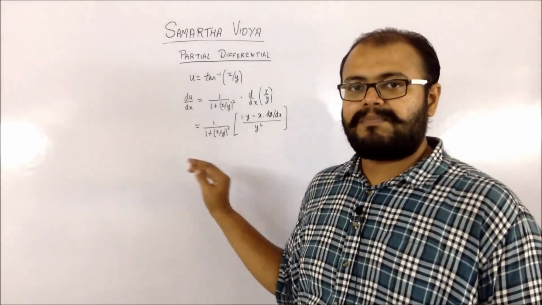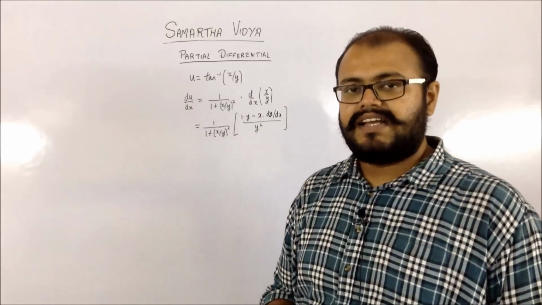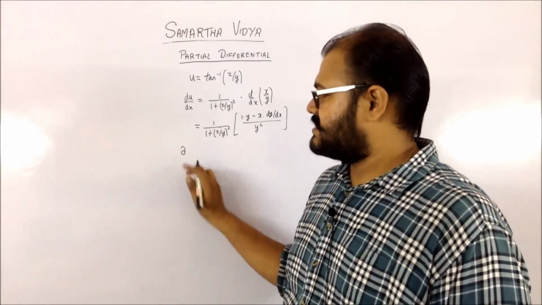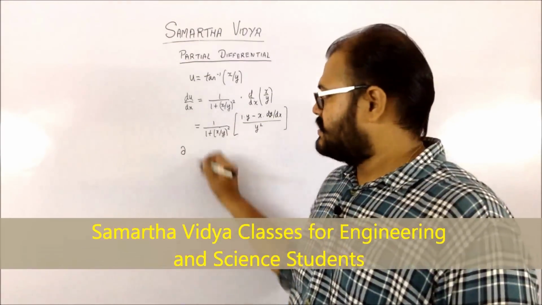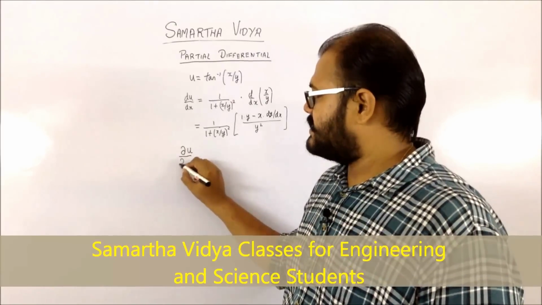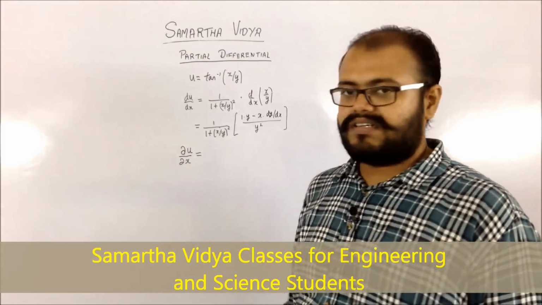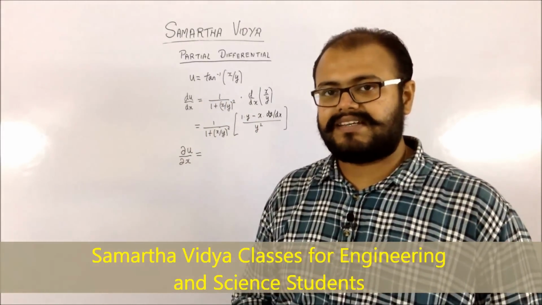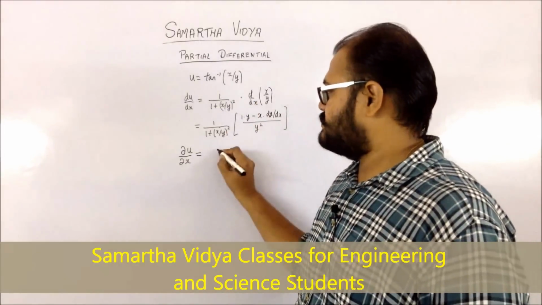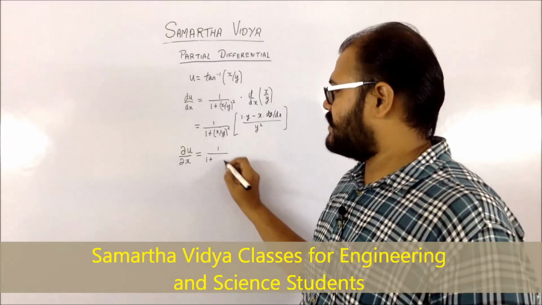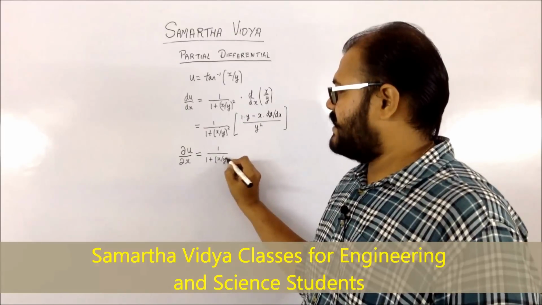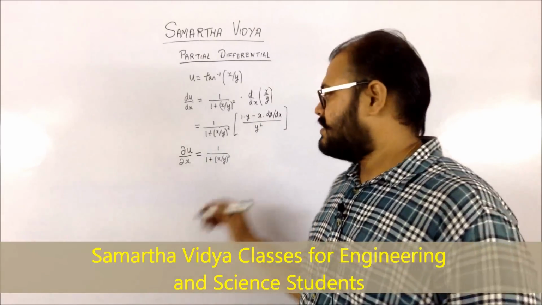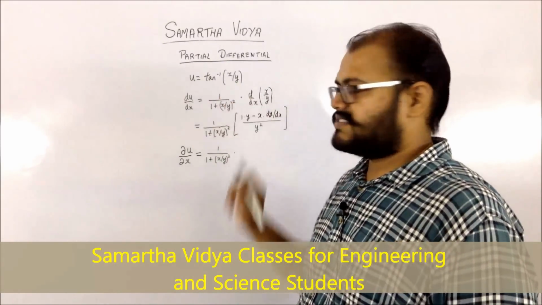Now if you want to apply it for your partial derivative, the notation is slightly changed. So the partial derivative is denoted by this particular symbol. So it will be del u by del x will be equal to the derivative of this. So the derivative part remains the same, that is the formula remains the same, that is the tan inverse formula is going to be 1 upon 1 plus x by y the whole square, which is the normal formula for tan inverse functions, into the derivative of this.